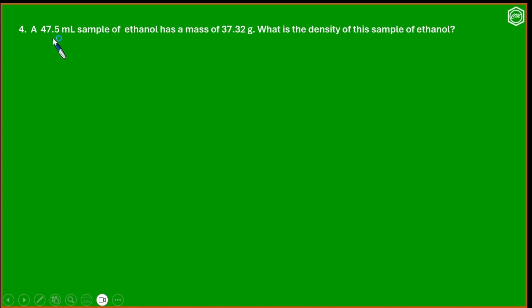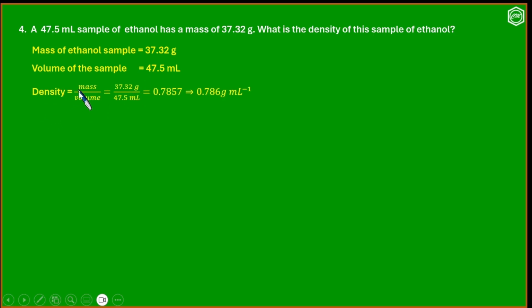Question number 4. A 47.5 ml sample of ethanol has a mass of 37.32 gram. What is the density of this sample of ethanol? Mass of ethanol is 37.32 gram. Volume of the sample is 47.5 ml. So density is mass by volume. So 37.32 gram by 47.5 ml. The answer is